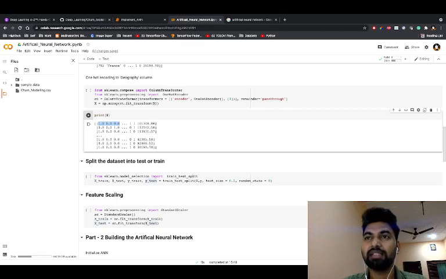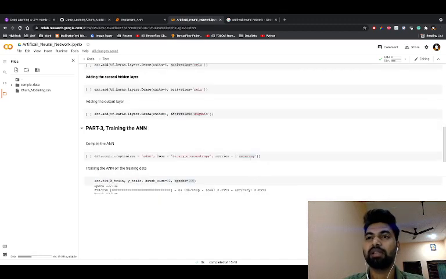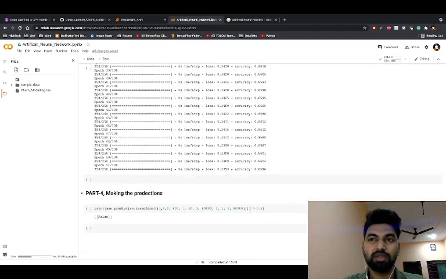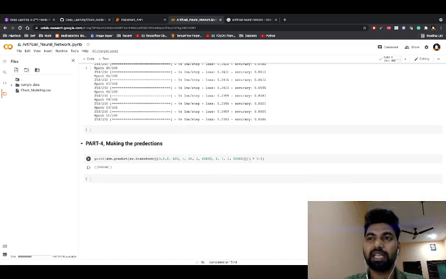France, Germany, Spain: the first one is France, the second one is Germany, the third one is Spain. So for France the value is 1.0. Now let's do the prediction part. Here I'm just doing ANN.predict, and here I'm using sc.transform, right?